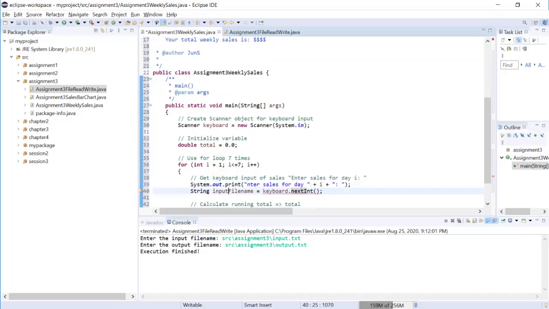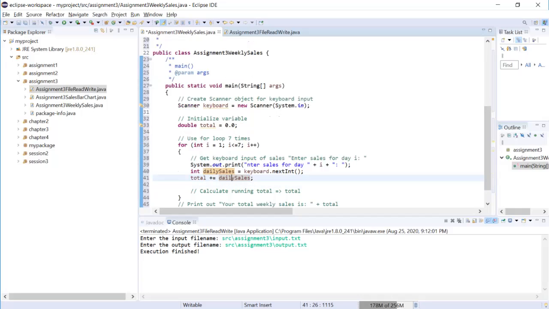Now here, let's do a little bit of calculation. Daily sales. And then you will add daily sales to total. And it should be daily sales. But as you can see, since daily sales is only used once, we don't even need it here, so we can actually